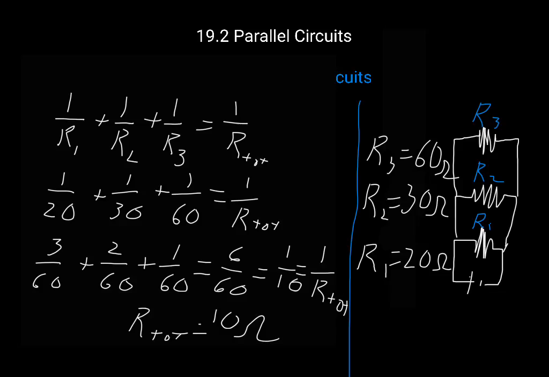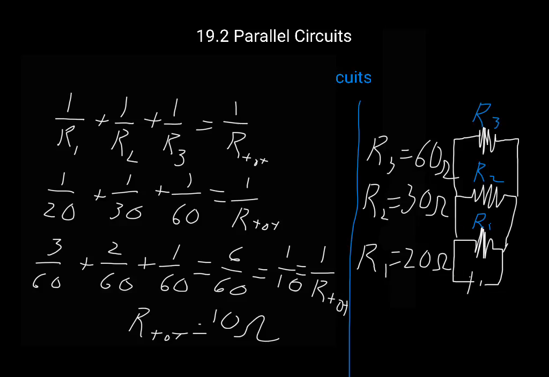So what that means is that this whole collection of resistors, even though we have a 20 and a 30 and a 60, when they're all combined together, it reduces down to a 6 ohm resistor. Now notice that total resistance is much smaller than each individual resistance, but it makes sense because if you have 3 different pathways for water to flow down,